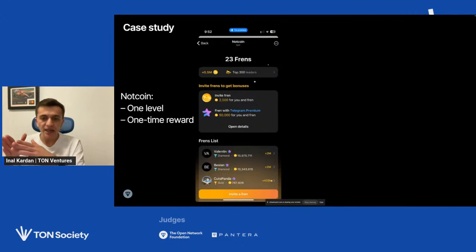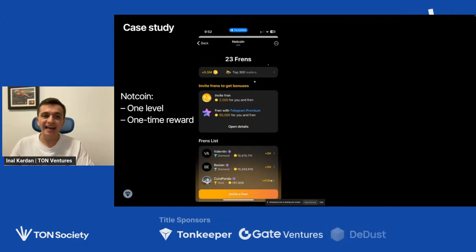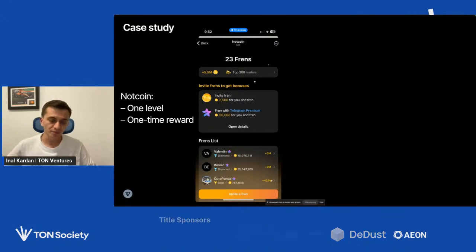It means that if you have proper incentives for users to invite their friends, it definitely will help you to acquire users almost for free. So Notcoin got 94% of their users for free. I mean, they didn't pay for any ad, they didn't pay for anything. Obviously, they rewarded users who invited their friends, but this is not the same as paying to AdsGram or Telegram ads or wherever.